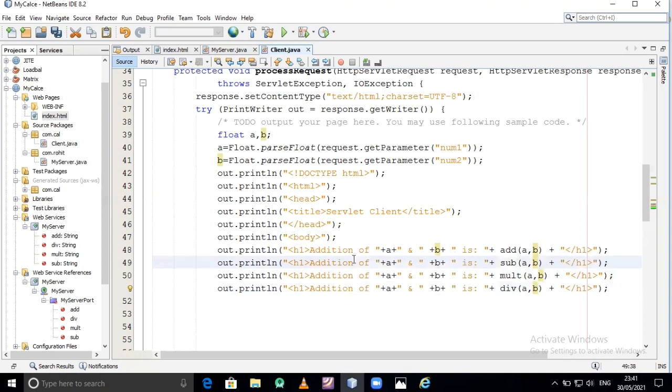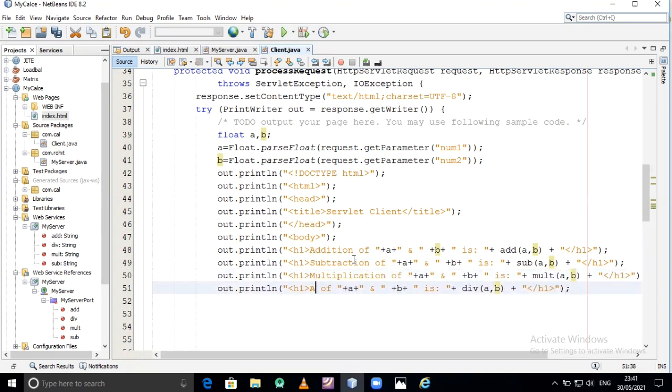Okay, so this is the subtraction, this is the multiplication, and last is nothing but division.